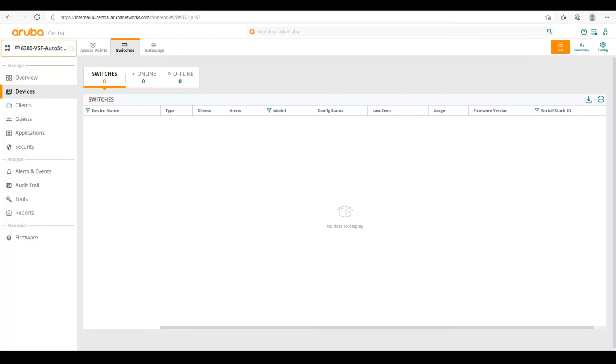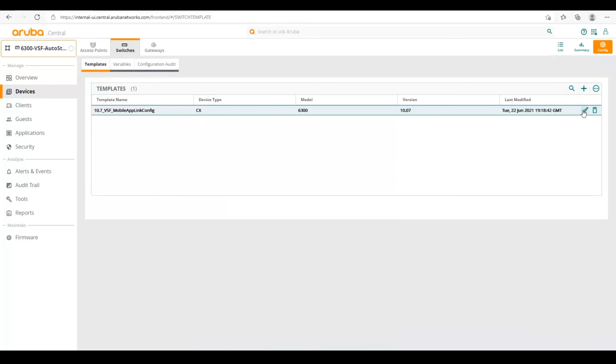So in addition to working with templates, in AOS-CX 10.7, we came out with the ability to auto-stack our VSF stack members, which makes it a lot easier when onboarding a stack into Central, as we saw earlier in our video series with UI groups. Let's take a look at how this is done with templates. So here I have my group ready to go, and I have my template